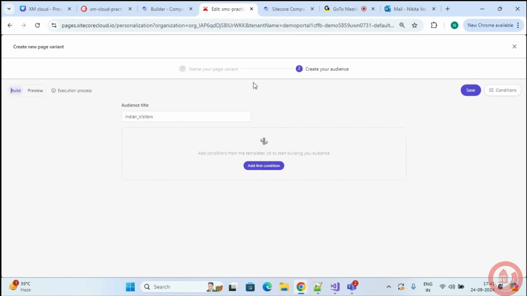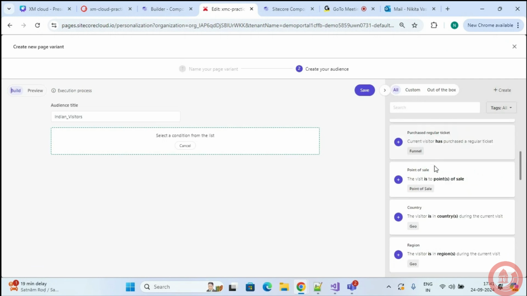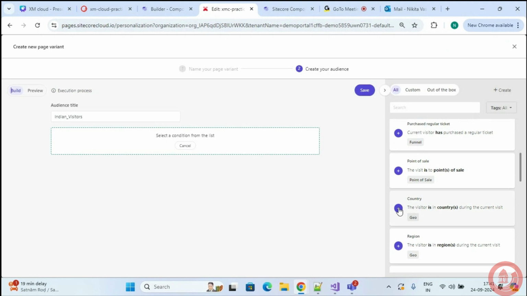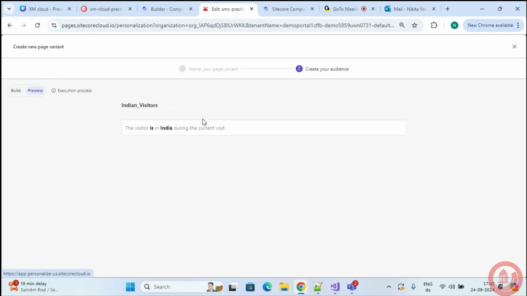Now if I want to personalize, say, this component, I'll click on this icon that is coming, and on my right hand side I can either swap this component with another component. I can give the content item path of the item with which I want to swap it, or I can hide this component. Both of these things are available. If I want that for Indian users this component should not be visible, I can simply switch on this toggle option and this component will be hidden. That's how you can create multiple variants, add them onto your page, and personalize the experiences.